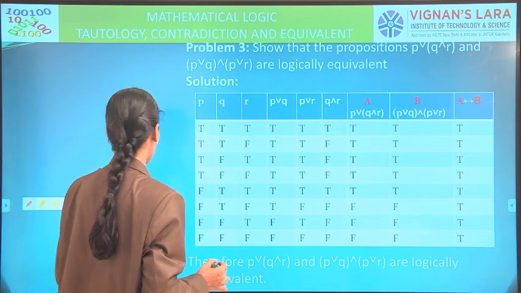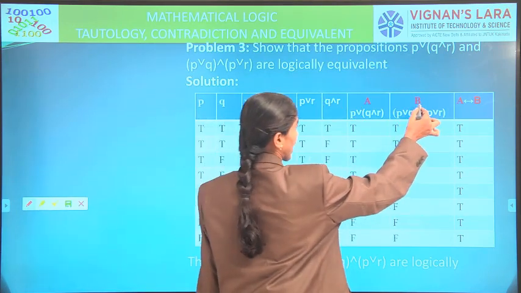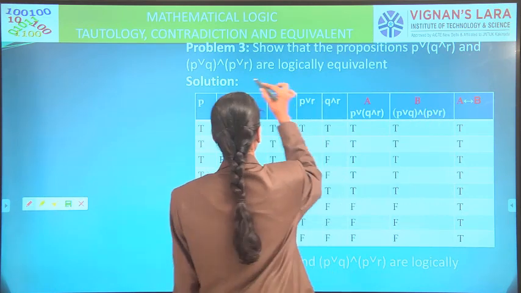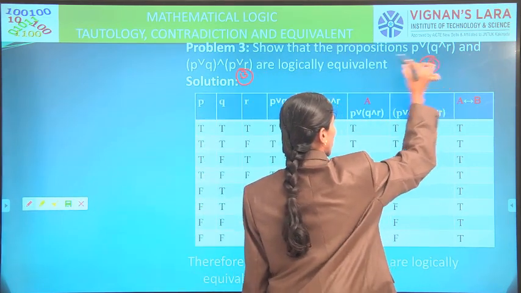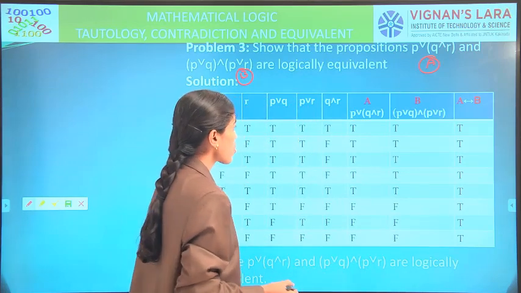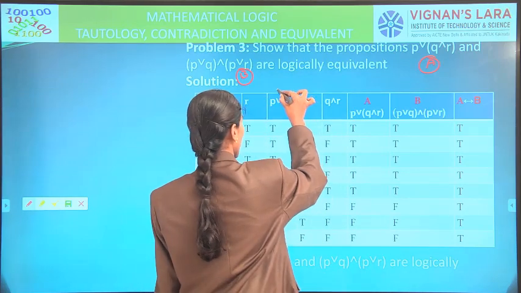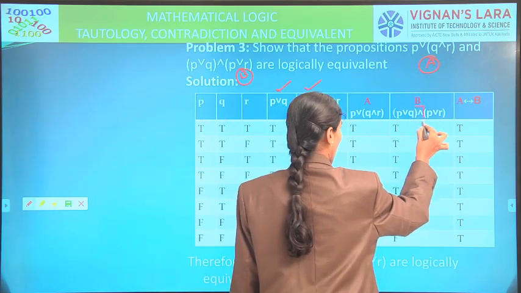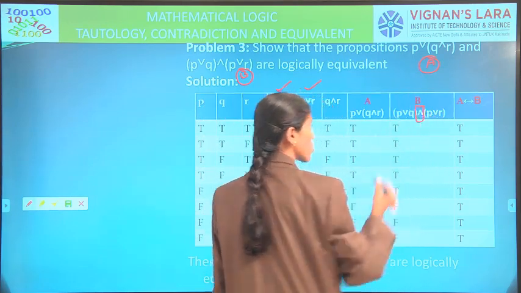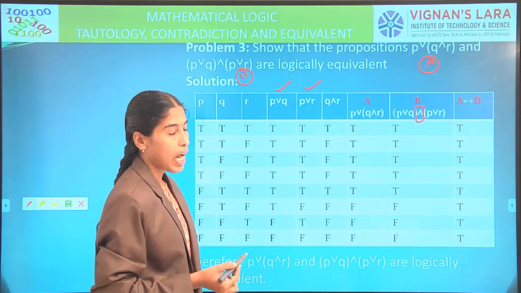So after that we find out B, the second proposition. B means here the second proposition, A means the first proposition. So the second proposition means P or Q, P or R. For these two columns we connect by using the symbol and. And means